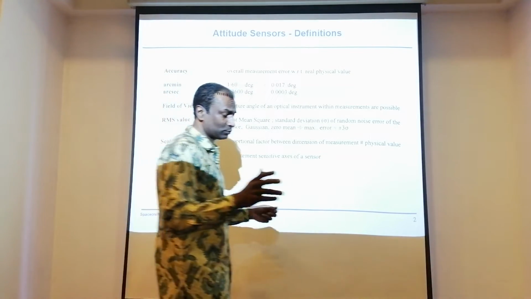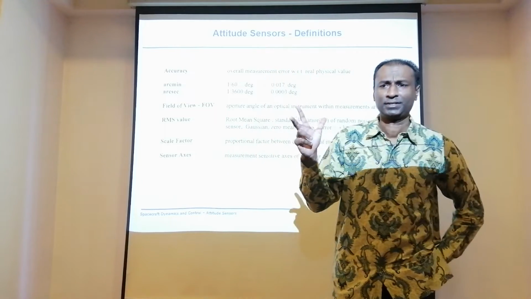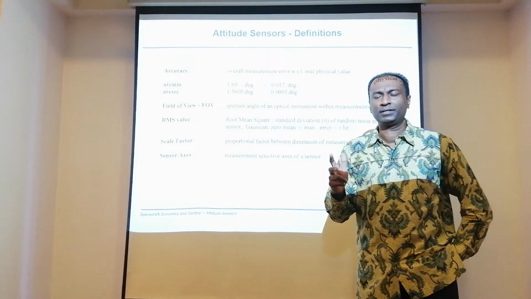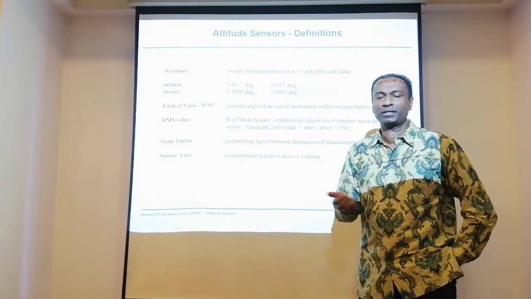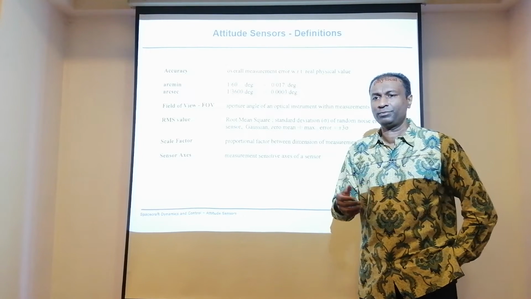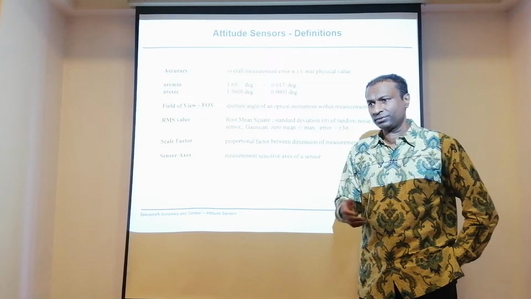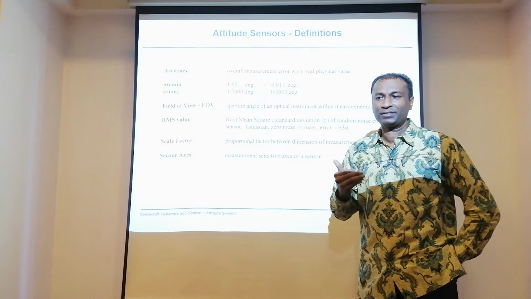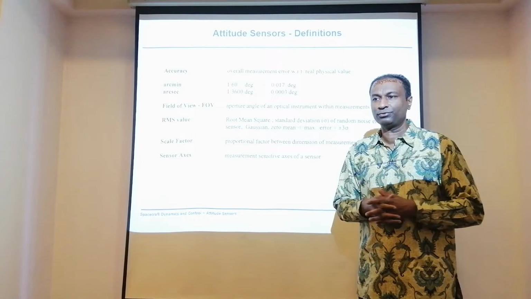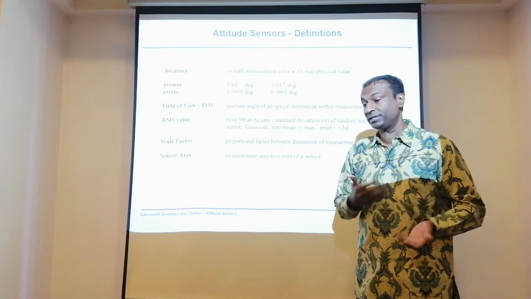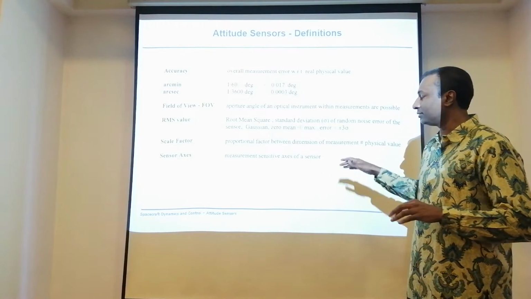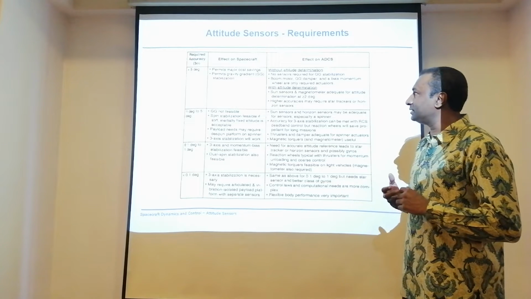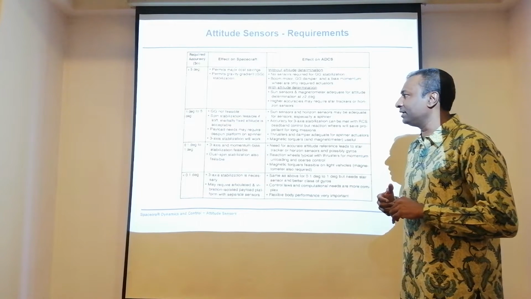Again, back to square one. 3-axis is always used, and if you install it in a spacecraft, practically all those axes are going to be in body coordinates, just like a gyro. Based on that, it is going to read how the spacecraft is going to react, in fact how it is going to rotate in this particular body-fixed coordinate. Well, these are the typical sensors that you can have.